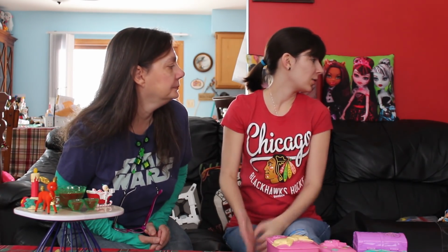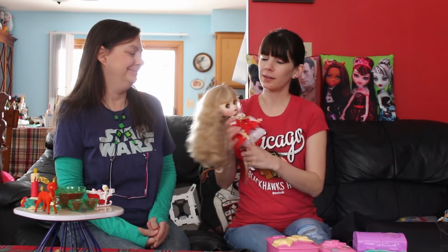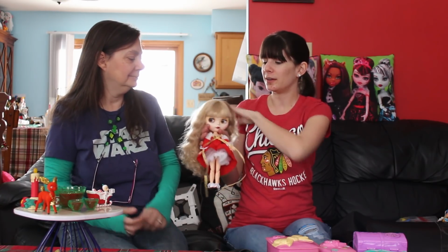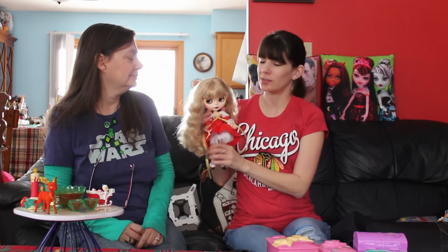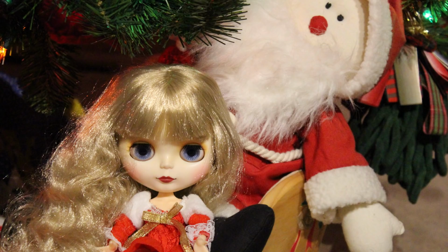Let's see. So I got my first ever Blythe doll. I've never had a Blythe before, so I was very excited to unwrap one of them. My mother just got one in this past year, and it's adorable. And this one is just as adorable, decked out for Christmas. So cute. Christmas time baby. Yeah, and the thing with Blythe, if you don't know, is...